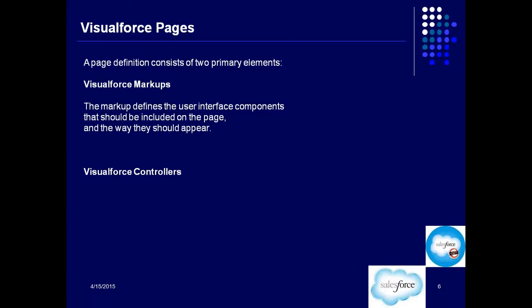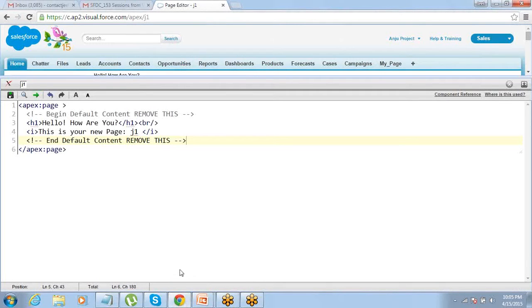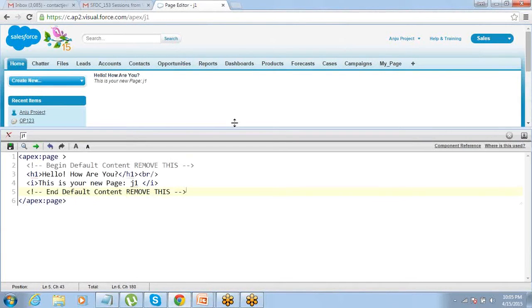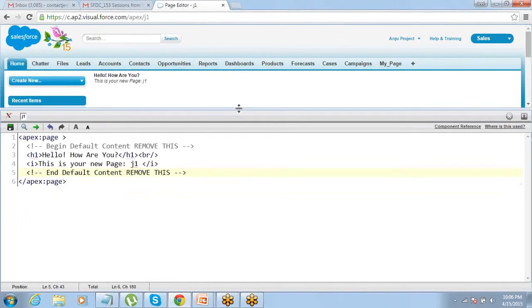Okay, so ideally every Visualforce page should have a controller, though you can definitely have a Visualforce page without a controller. Like if you look into this page at this point of time, there's a Visualforce page and it does not have any controller. It just has simple static markups. So no controller, nothing to be controlled, no actions to be done and stuff like that, right? So you can have a Visualforce page without a controller, only with markups, but that is a very rare scenario, very rare scenario. You will almost not have that at any point of time. Okay.